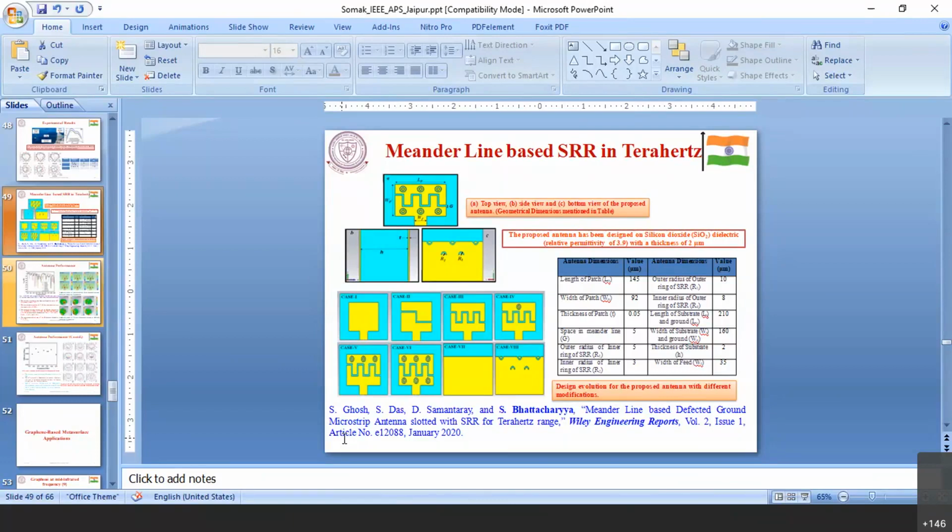What is the difference between metasurface and FSS? I think I already told on the very first slide that FSS, in a general sense, is a surface where you don't invoke any kind of conditions. It is simply a periodic arrangement of metal in a 2D plane. But in a metasurface, you are restricting the dimension or the periodicity. It should be less than lambda by 4. That is one of the most important applications.